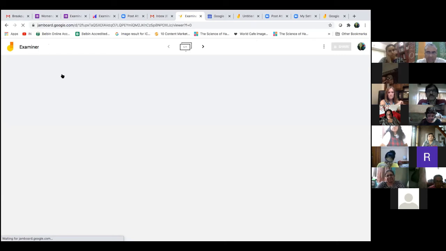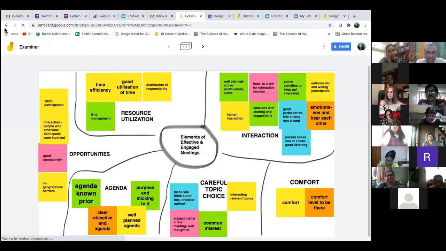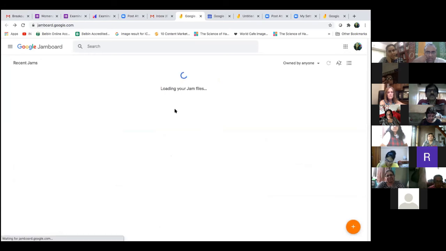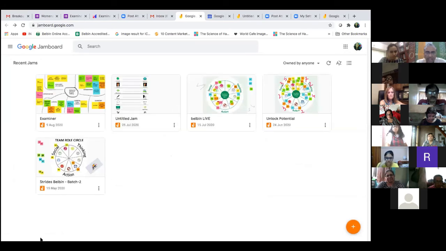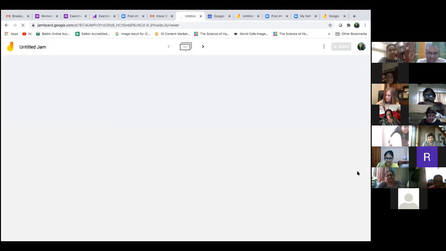If you're trying to create one, you click that plus sign, which is at the bottom of the screen. I couldn't see the plus sign. I can see the plus sign there at the bottom of your screen. Yes, thank you, Father. That's because my Zoom is covering it right now and I got a little lost. So there's this plus sign. You click on this plus sign over here. And that's it. Your new Jamboard gets created.